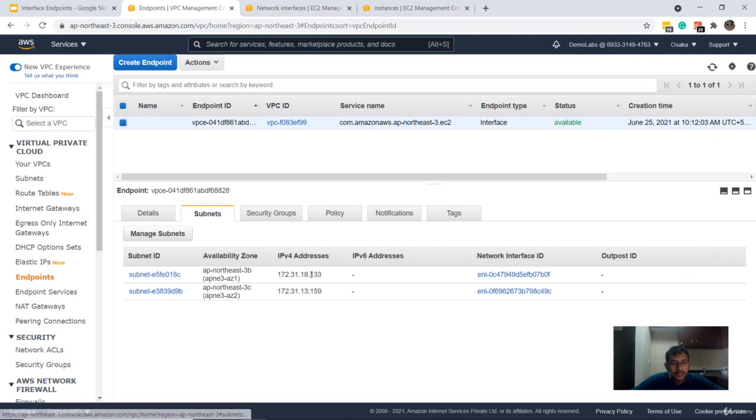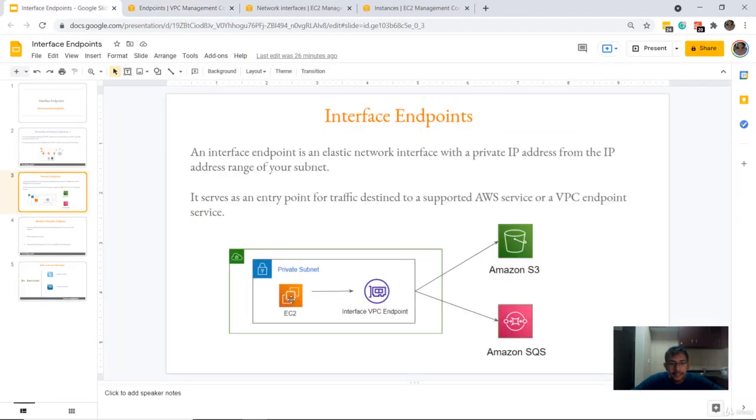You will see that this is the interface endpoint to which the traffic is redirected, which is 172.168.133. Alright, so from the EC2, the traffic goes to the interface endpoint. From the interface endpoint, then through the AWS private network, the traffic is redirected to the appropriate service. So not only can you take the benefit of an interface endpoint for the private subnet, but